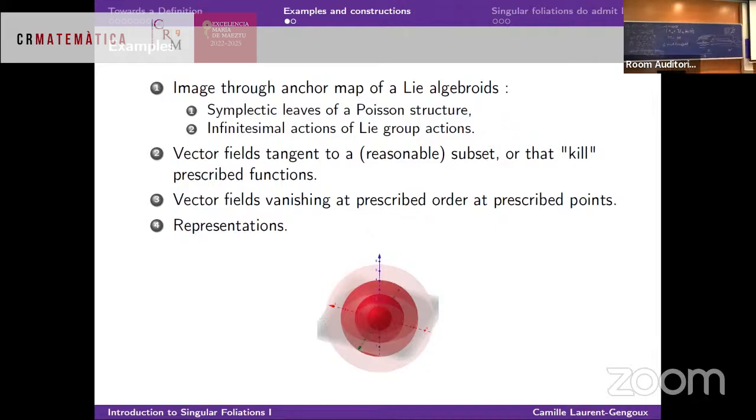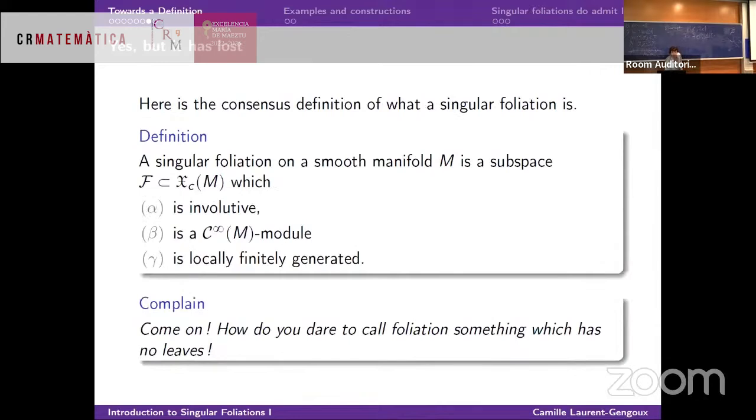Well, okay, I have to justify now this definition. So I'll give examples. There is a wide class of examples. What do you want to have in a singular foliation? You want to be able to take any Lie algebroid, obviously. So, yeah. Examples. First class of examples, when you have a Lie algebroid, well, just take all sections, you take all the sections of the Lie algebroid, compactly supported if you want to have compact support, you apply the anchor map, and you get vector fields that obviously satisfy all the three items required here. It's locally finitely generated